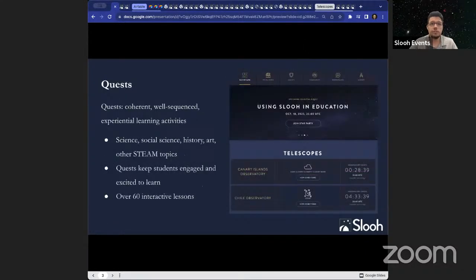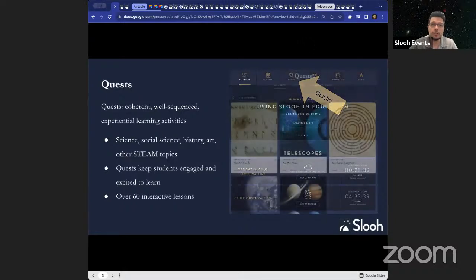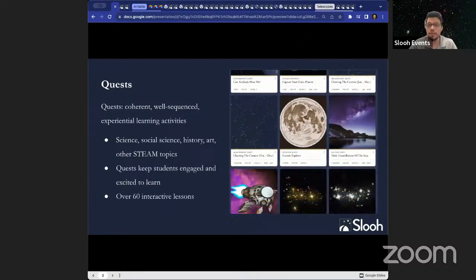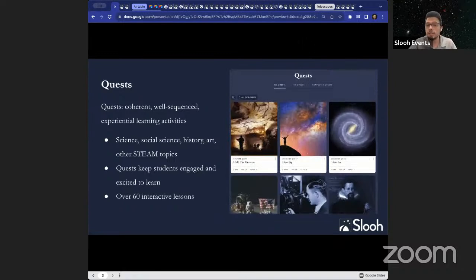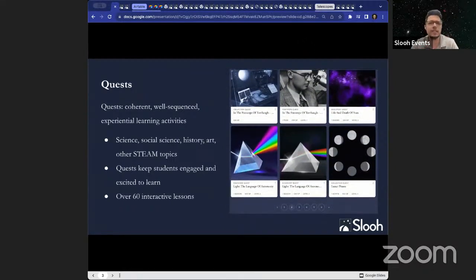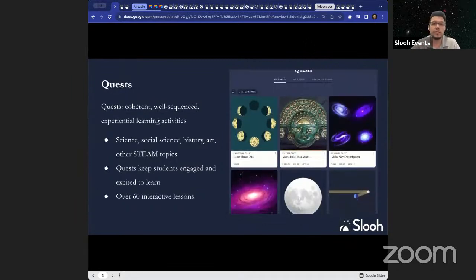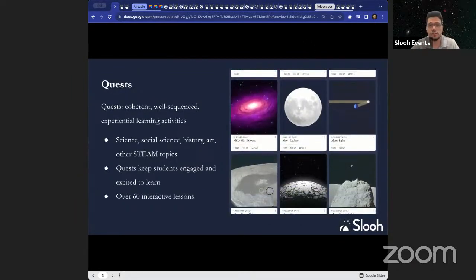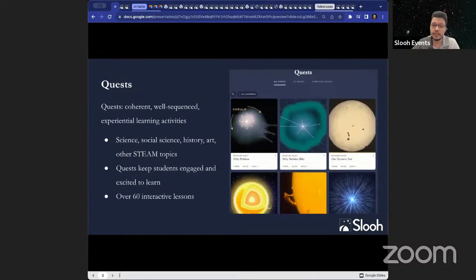If you're brand new to Slooh, I'm sure you're wondering what a quest is. Well, quests are coherent, well-sequenced experiential learning activities that use Slooh's telescopes to capture images of celestial wonders while learning about specific aspects of astronomy, science, social sciences, history, arts, and other STEAM topics, keeping students engaged and excited to learn. There are over 60 interactive lessons that challenge your students to use Slooh to collect and analyze data to